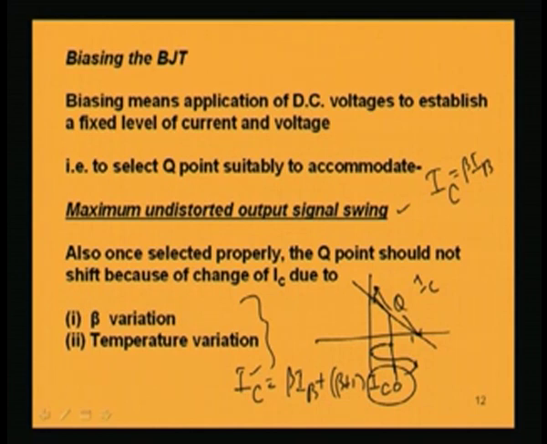So, we will be discussing how different biasing schemes operate. We will first of all discuss the different biasing schemes, and then see which biasing scheme is better with respect to this shifting of Q point, that means stabilization of Q point. Stabilization of Q point we will be discussing afterwards. Before that, we will start to discuss the different biasing schemes, and the simplest biasing scheme is fixed bias,